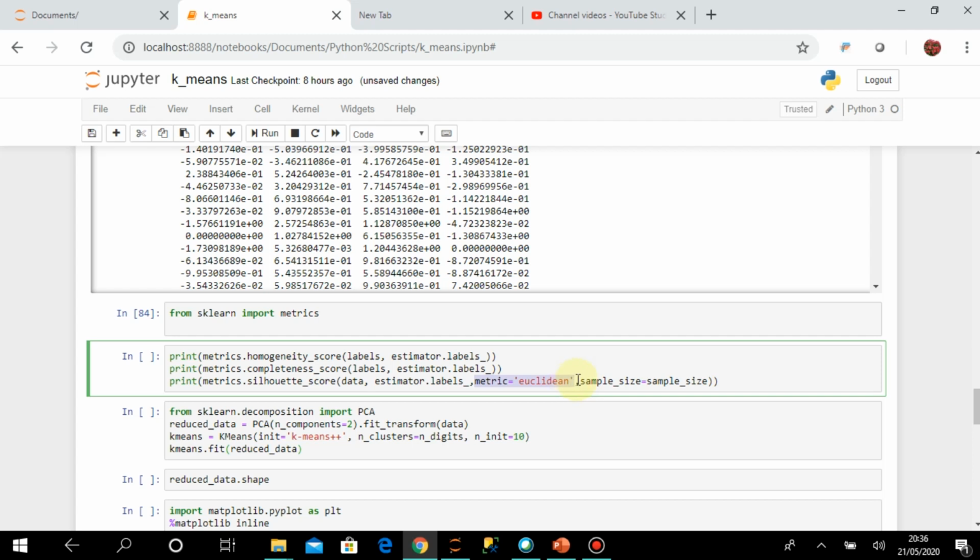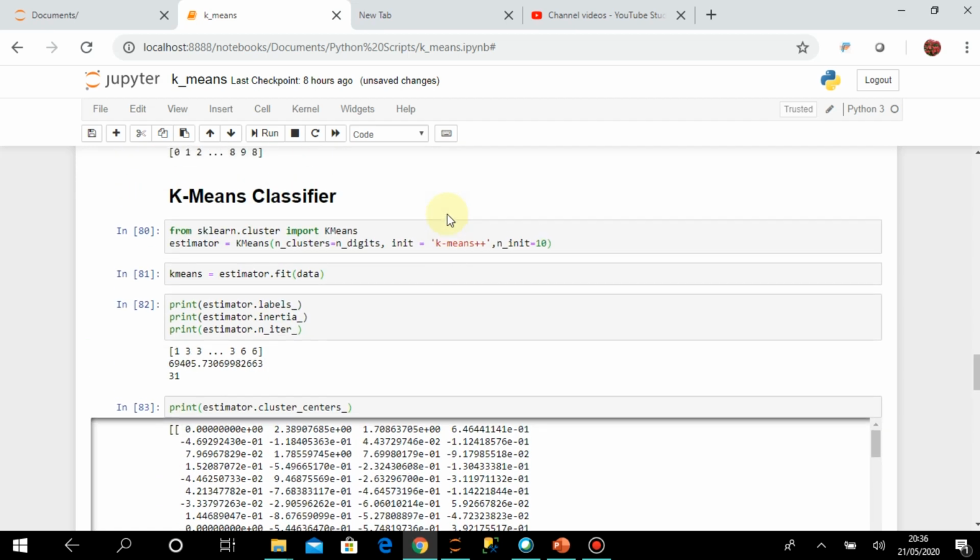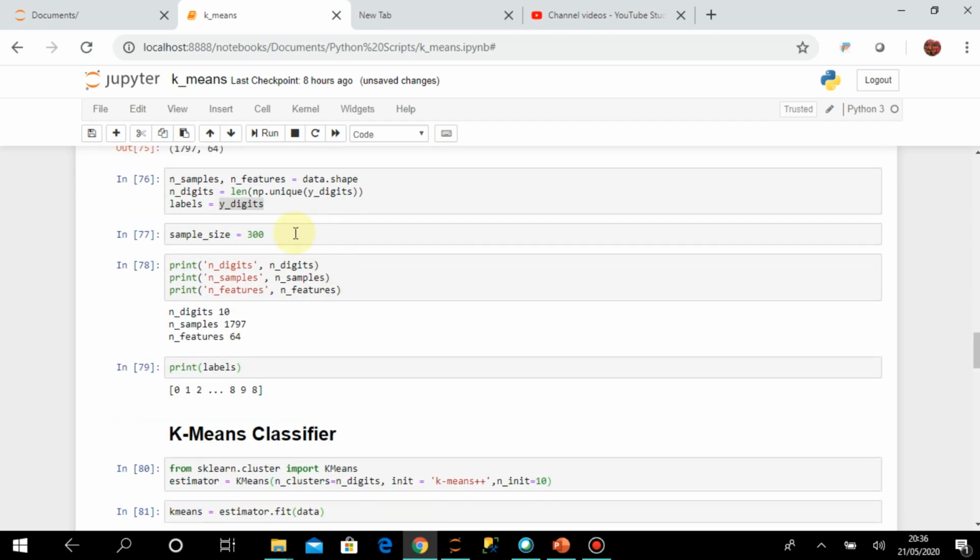You know that it calculates distance, so here Euclidean distance is being calculated, which we have discussed in earlier sessions. Then there is another important thing, the sample size. I have sent sample_size equal to sample_size. If you remember, in the last session we had set the sample size as 300.